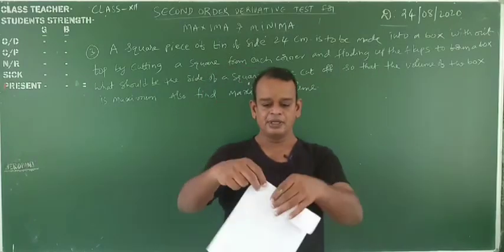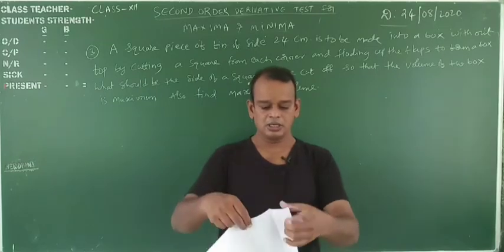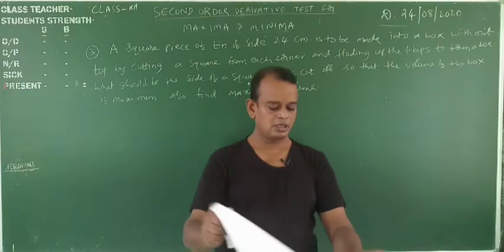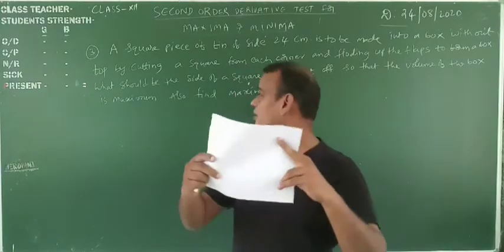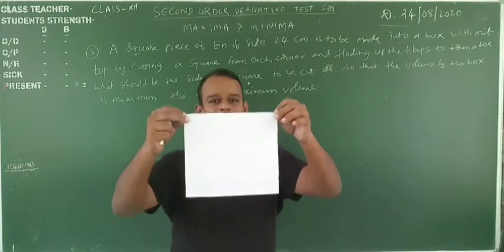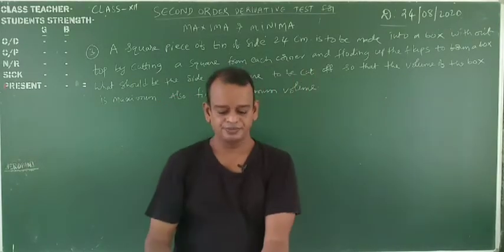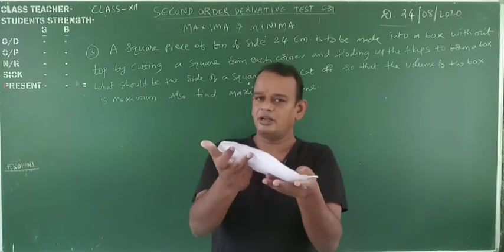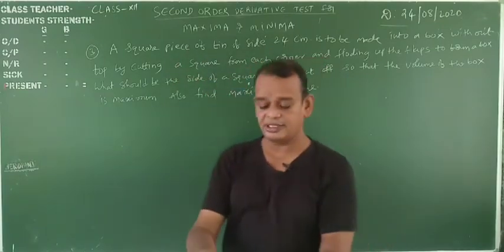Suppose this is a square material, a square piece of tin, one sheet of square metal. From this we form a box. The square piece of tin has side length